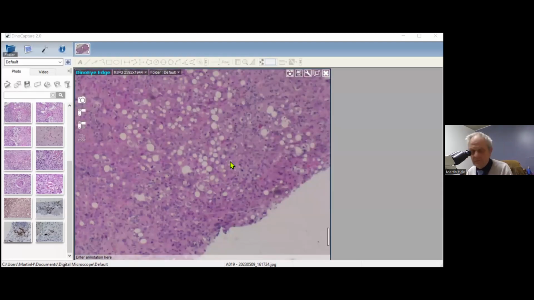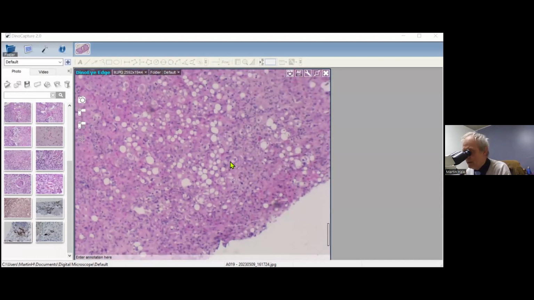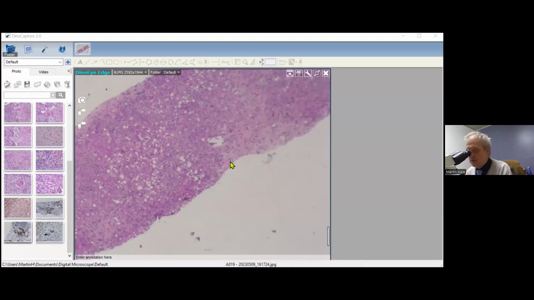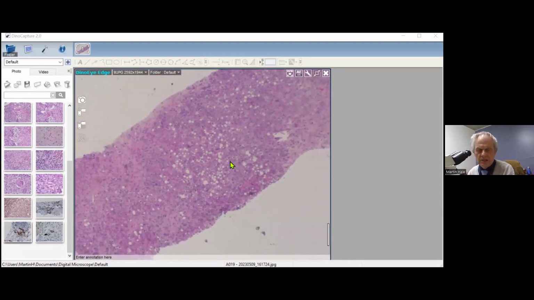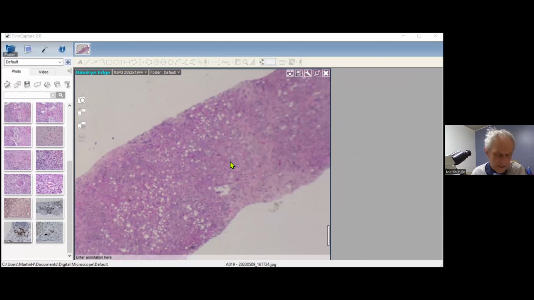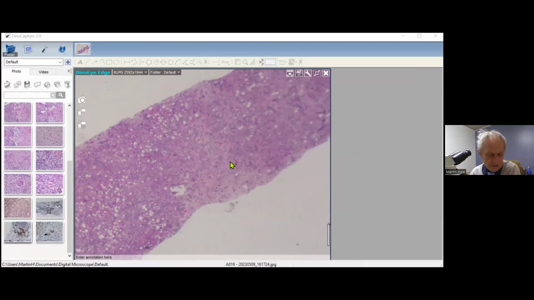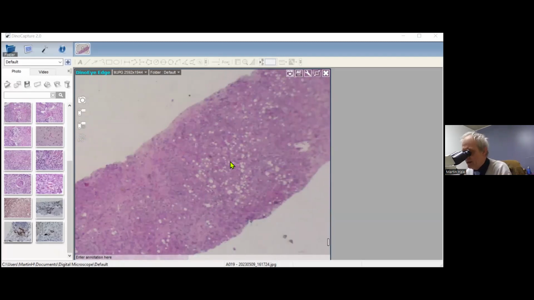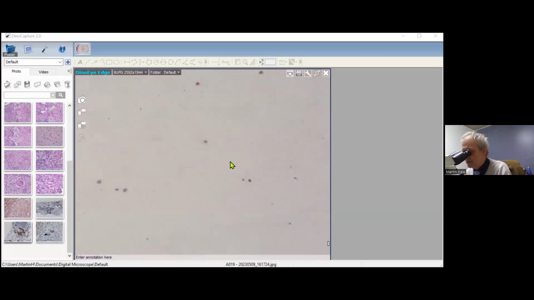And we've seen that. So for example, let's have a look at this one. In this particular patient, you can see that the degree of steatosis is much less, and the score that I gave this was a 1. In other words, basically a third of the liver showed large droplet steatosis.